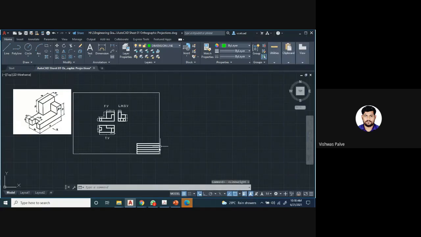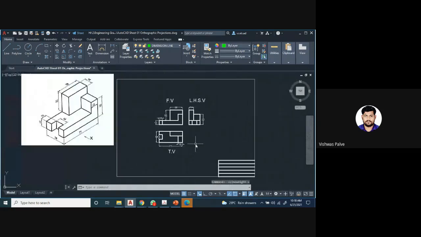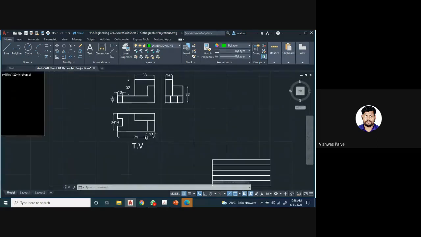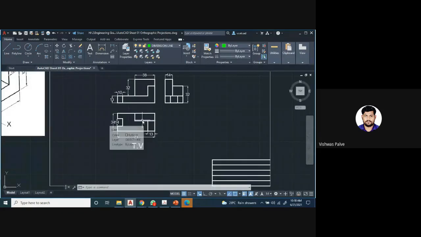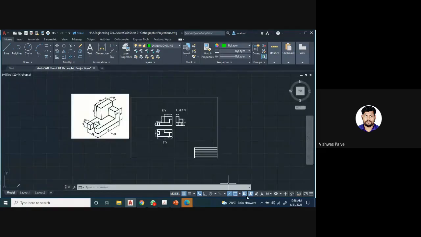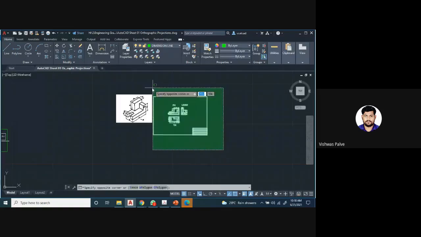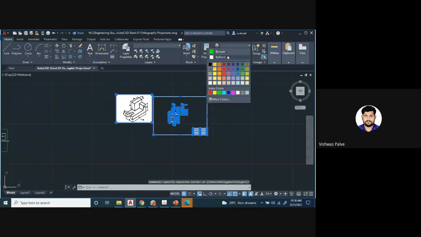If the line weight is visible, you can easily see the difference of line weight. This line is drawn as a 0.3 object line, the dimension lines. If the line weight is on, you can see the difference of that line, which is my hidden line. Now I'll select this and set it by layer.